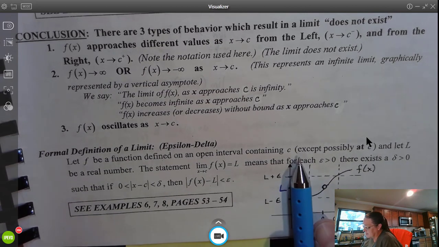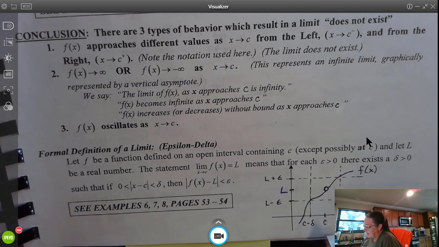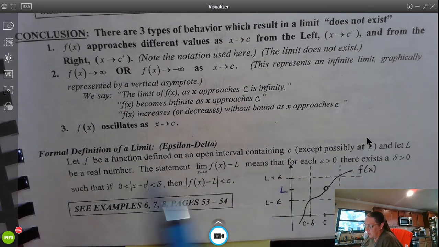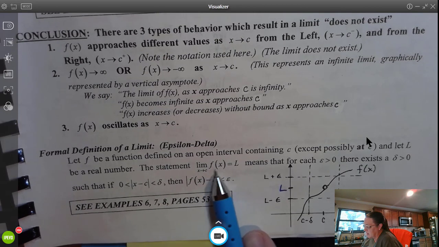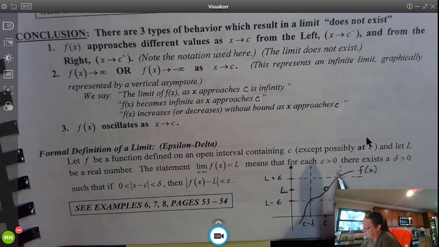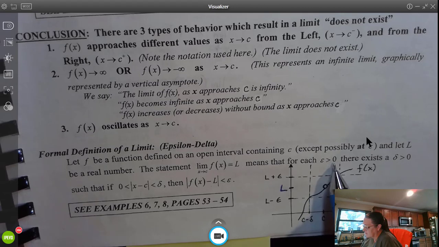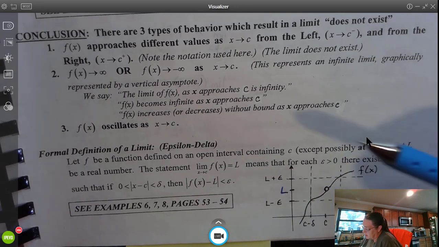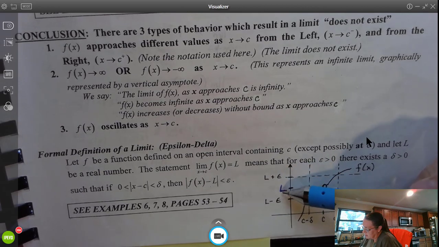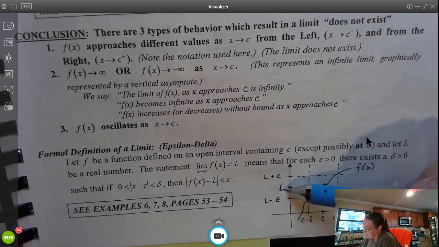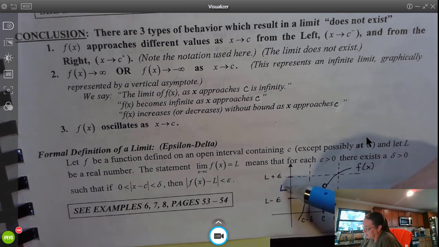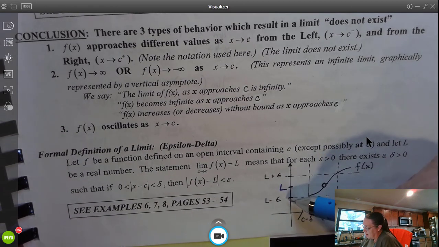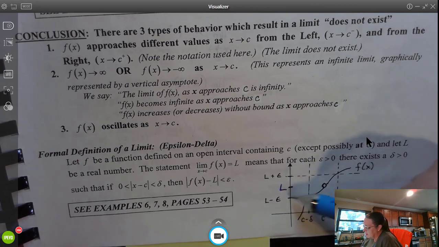Open interval meaning it does not contain the endpoints. And let L be a real number. The statement, the limit as x goes to c of function f is L, means that for each epsilon that's positive, that epsilon is a number, and it is a y value that is going to get added to and subtracted from the limit. So for every epsilon that is positive, meaning bounding the y values this way, there exists